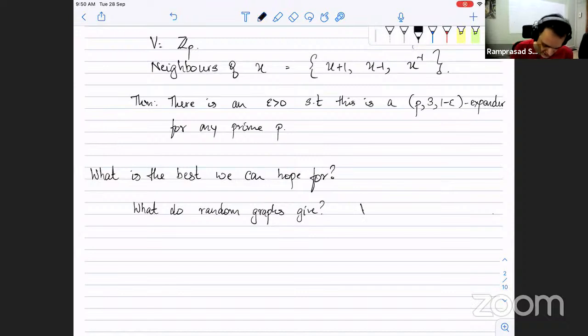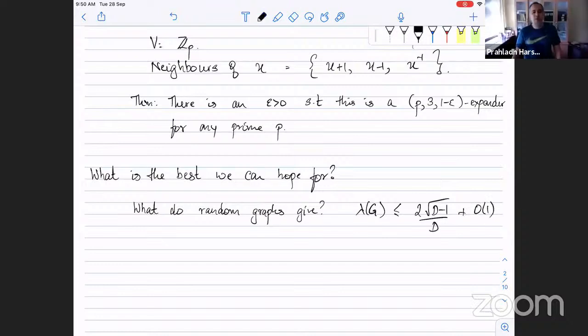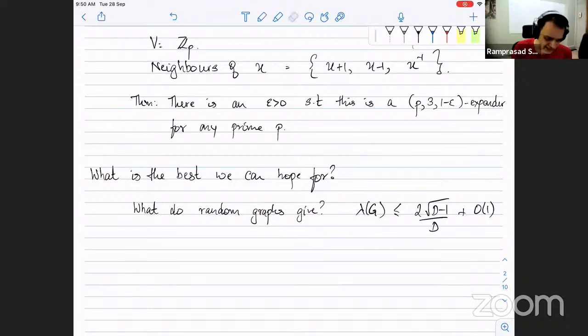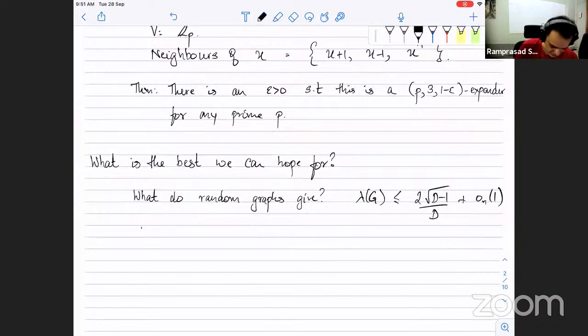And I think we briefly mentioned that lambda of G for a random graph turns out to be something like at most 2 square root d minus 1 over d plus little o of 1, where the little o depends on n. It's basically 2 square root d minus 1 over d plus some fudge factor. Okay. On the other hand, for